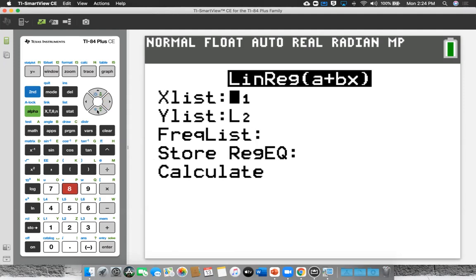L1 is my X, L2 is my Y. Frequency list, don't worry about. See this one where it says store regression EQ? That's the linear regression equation. So we want it to remember. So you just hit enter,